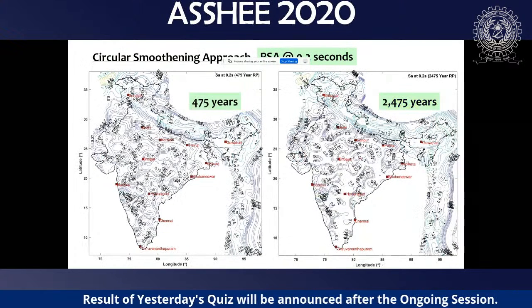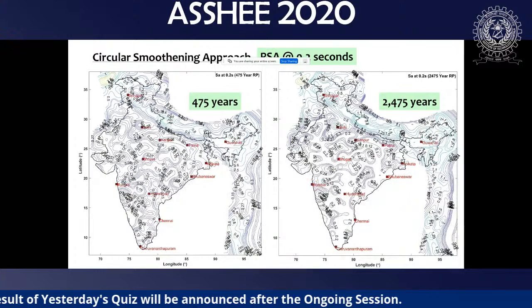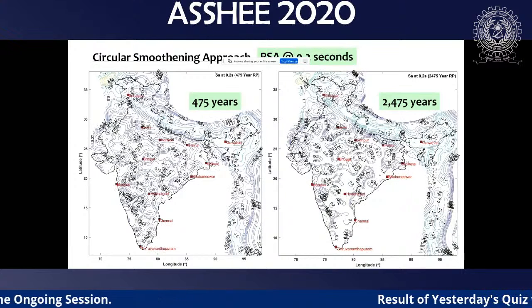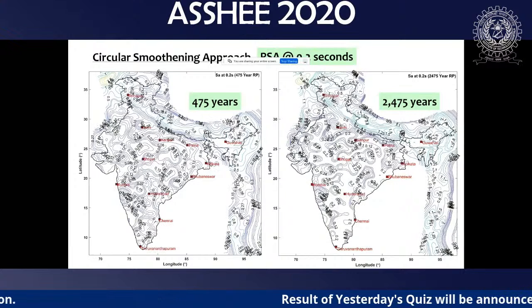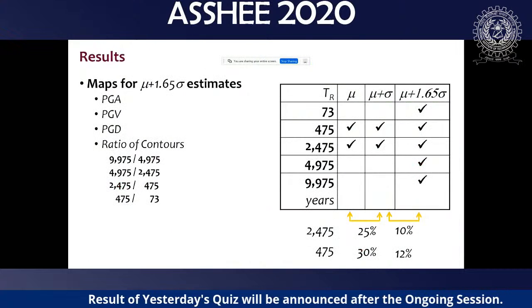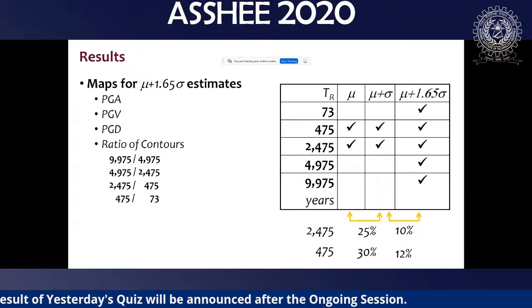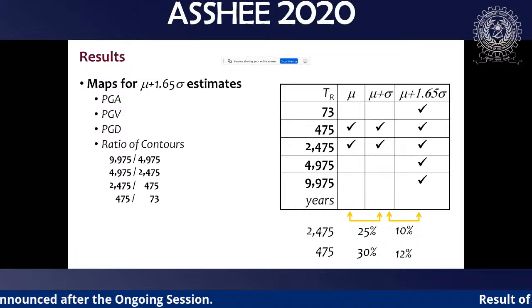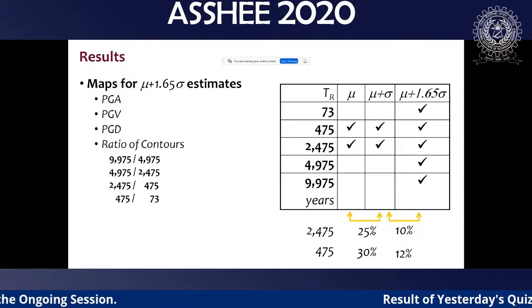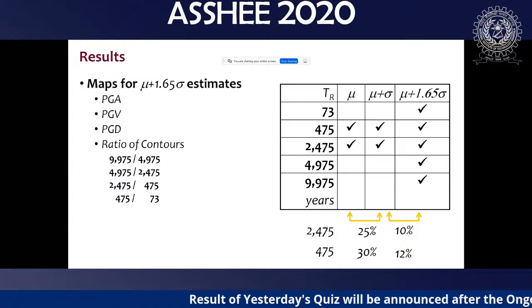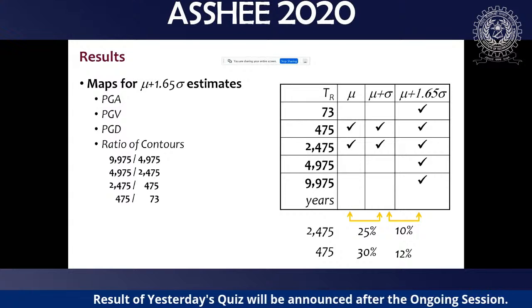And then we estimated from all the methods. So this is the contours for 0.2 second, that is a short period coefficient. Similarly, we have for long period coefficient also. Then in our building committees, what they said was, this time in our code, we will give the values for 73 year, 475, 2475, 5000 years, and even for 10,000 years also. And we also should give you the median, then 84 percentile, then the 95 percentile also.